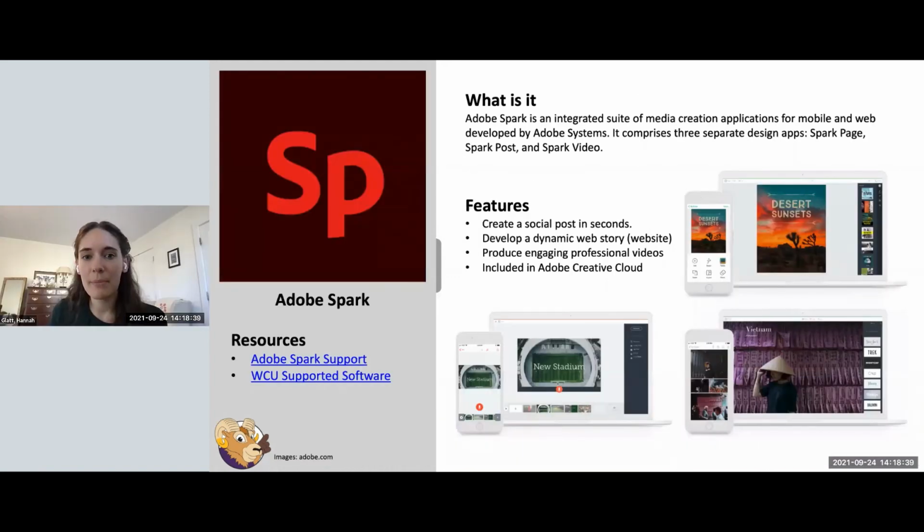Adobe Spark is a web and mobile-based Adobe Creative Cloud application that allows users to create professional and dynamic social media posts, web pages, and videos. Create a social post in seconds. Spark lets you turn your text and photos into a professional-looking, eye-catching graphic. Simply pick a design template and add your photo and text and quickly resize things to fit your favorite social